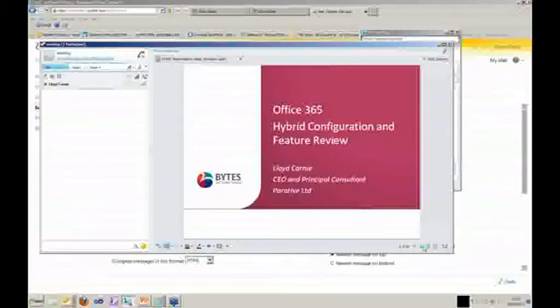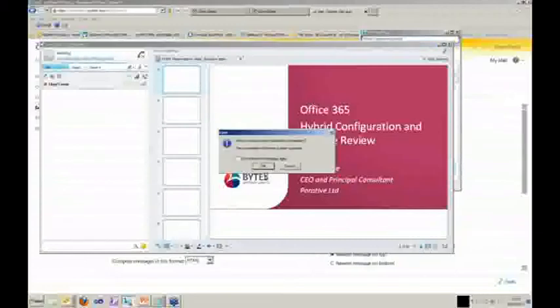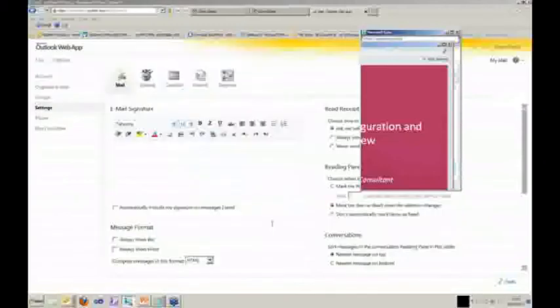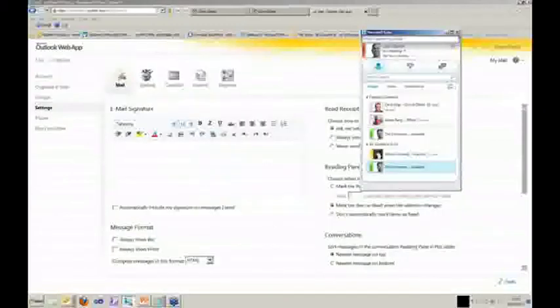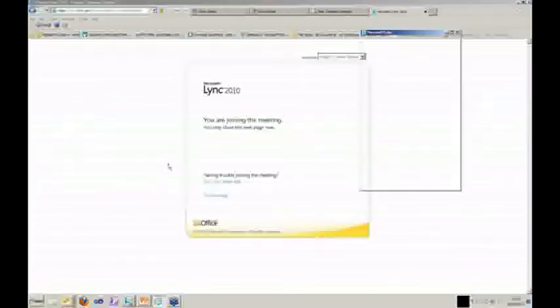I can go in then and organize my slides and do other bits and pieces actually inside of here. It's taking a little bit of time to upload because obviously I'm doing a webcast as well, so it's a bit slow. But once I've got all that information in, I can literally close that session down, and that will save that presentation information for me now. So if I want to, I can now drop out of there. Eventually, when my meeting comes up, I can double-click, open the meeting response, join the meeting back up again,